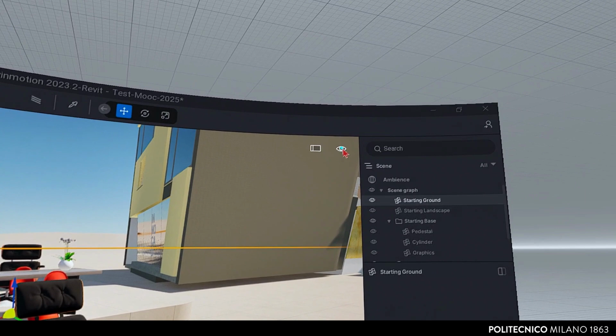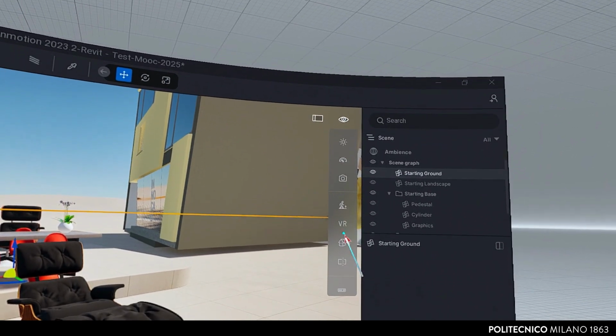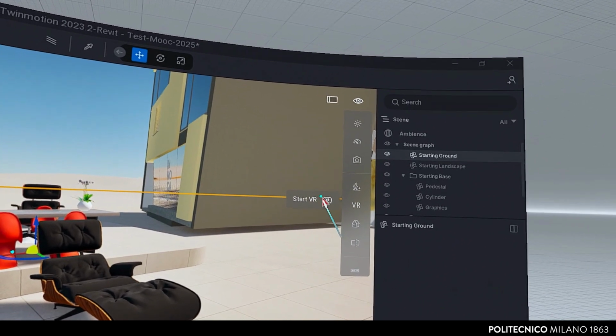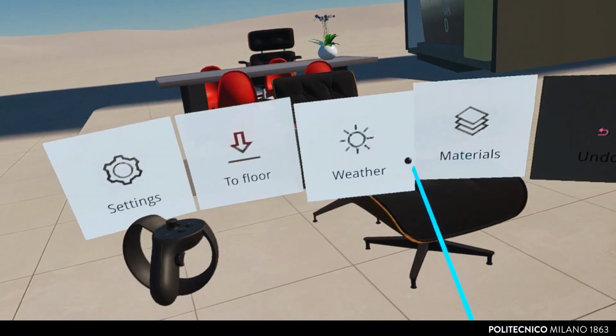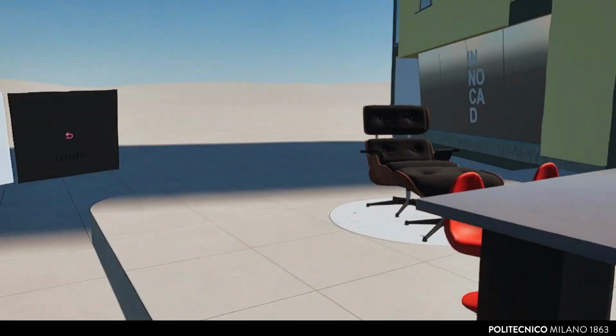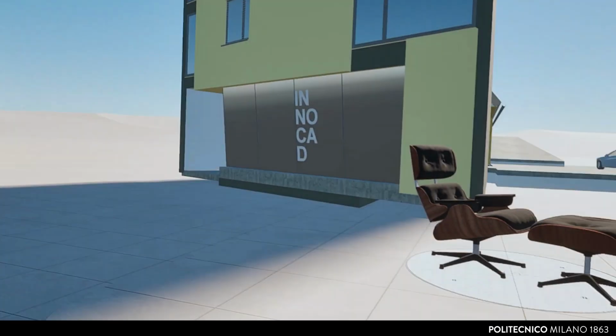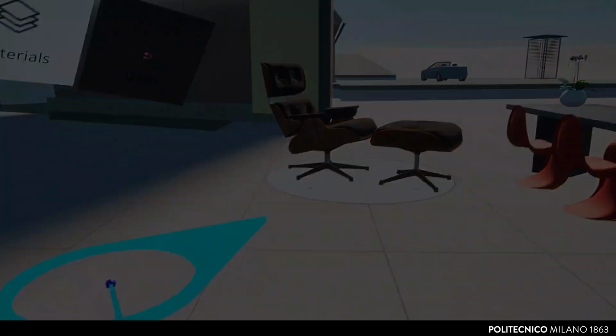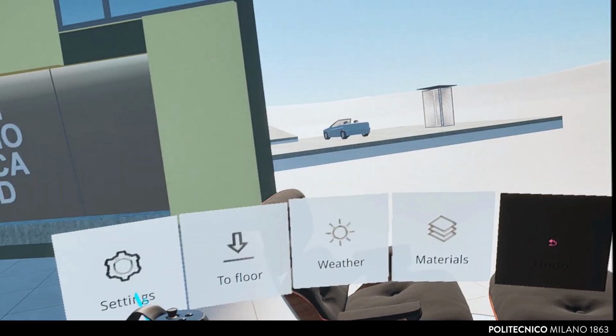Now we can activate VR mode in Twinmotion. To do this, grab the controller and open the Twinmotion window. At the top right, we will see an eye icon. Click it to activate VR mode. At that moment, the 3D environment will be transmitted directly into the visor, allowing us to fully immerse ourselves in the scene. At this point, we can use the MetaCast controllers to move, rotate the view, teleport, or walk freely.